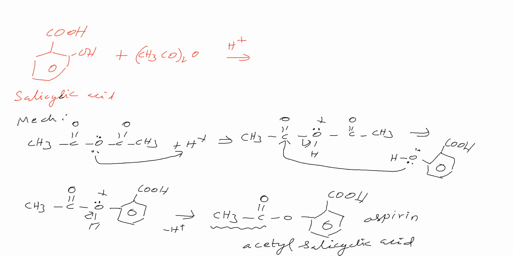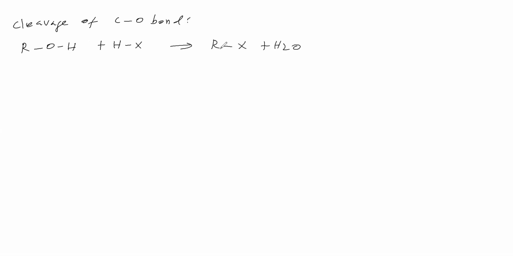Okay, next, so far we have discussed cleavage of the OH bond. Now we will see cleavage of the CO bond in alcohols. Now we will take one reaction. We take an alcohol and treat it with a halogen acid HX. We are getting RX plus water. So what is the mechanism involved, we will see. Now we will take the alcohol. In the alcohol, oxygen has 2 lone pairs. In HX, X has 3 lone pairs.